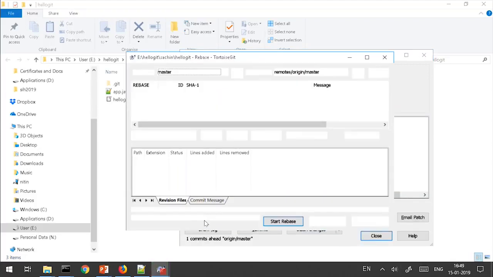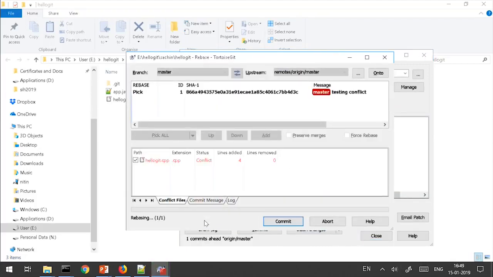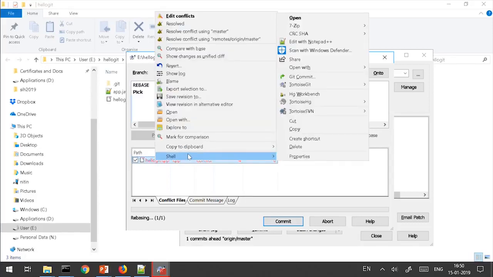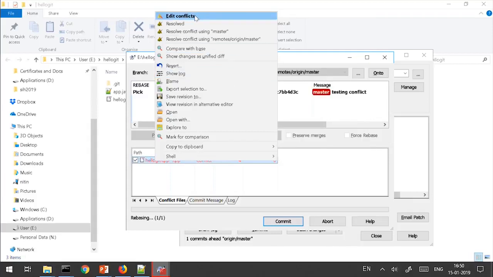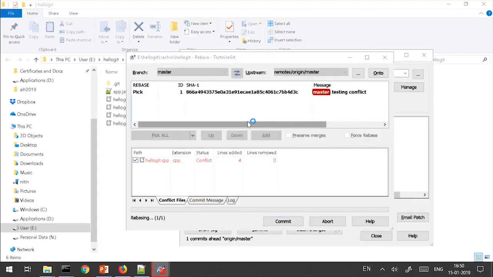Now, in our case, our pull is probably going to fail because, yeah, see, it shows here github.cpp and there is a conflict, because we have modified the same line where Nitin has modified. So, let us try to resolve our conflict. You have to click on edit conflicts,